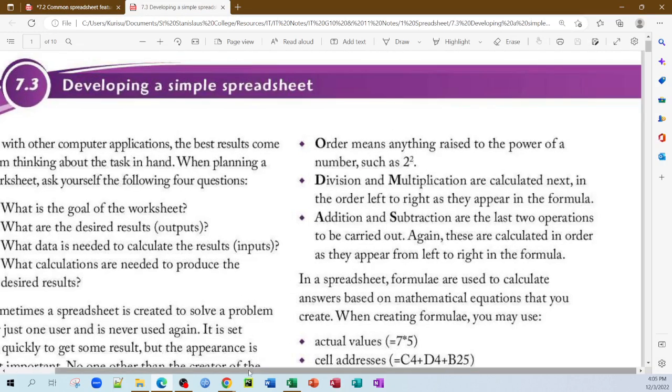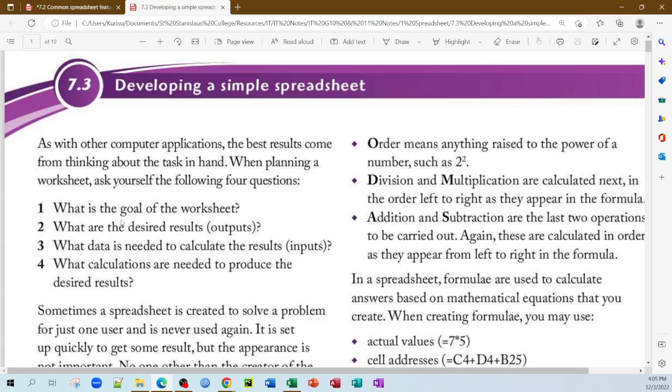Alright, so we're starting chapter 7.3. Yes, sir. My computer's freezing. Okay. So we're looking at how to develop a simple spreadsheet. So basically,